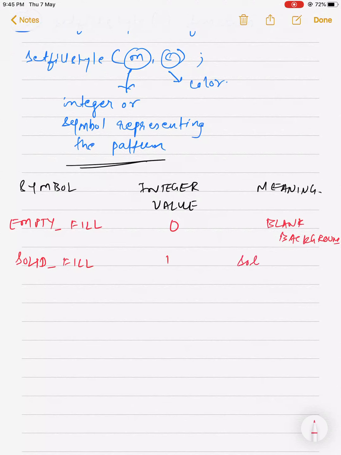It will give some solid color, the color mentioned by C. These are all M values, and C will give the color. Then LINE_FILL, value 2. It will fill up with horizontal lines.